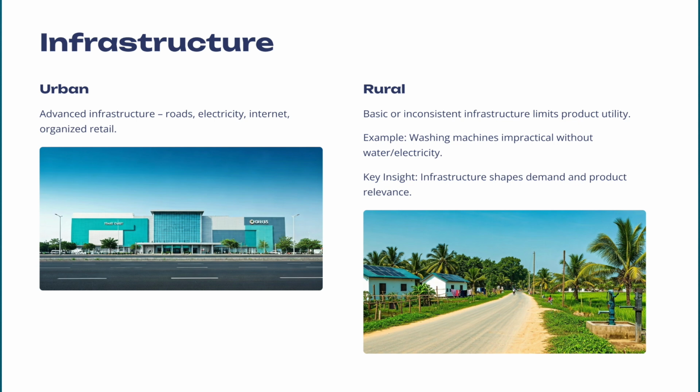So, a question now arises for you to ponder. How does the lack of reliable transportation in some rural areas directly impact the type of goods that are commonly purchased and sold here? The answer is that it often limits the availability of bulky or perishable goods, favoring smaller, more easily transportable items. Now, moving on to our next parameter, which is socio-cultural background.